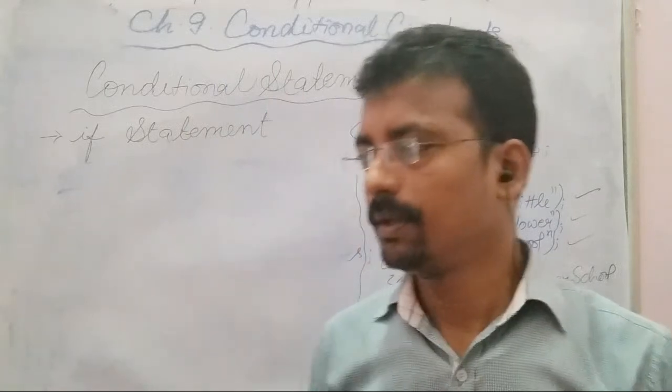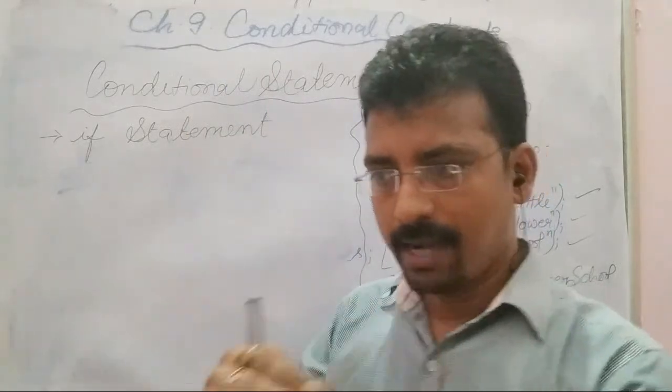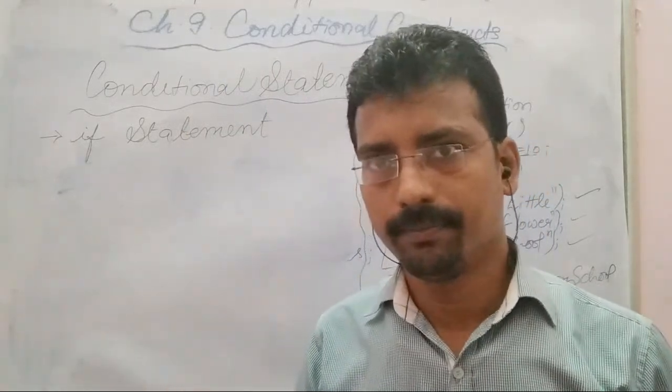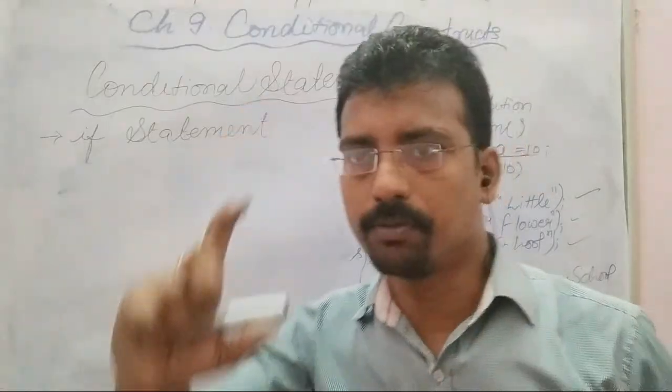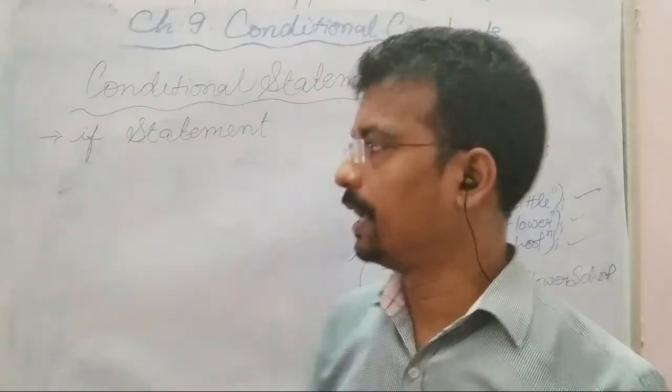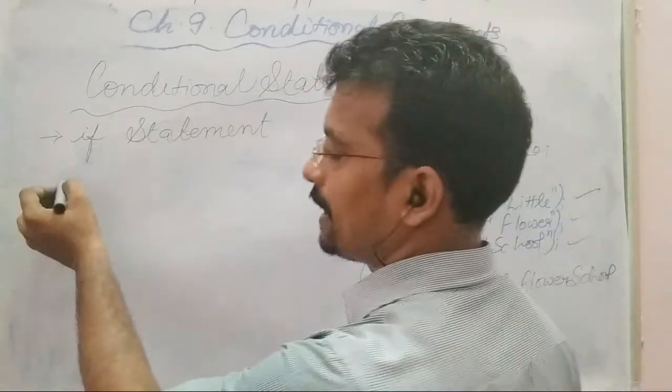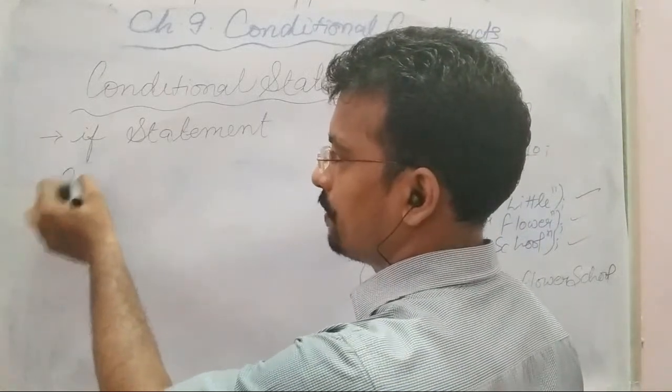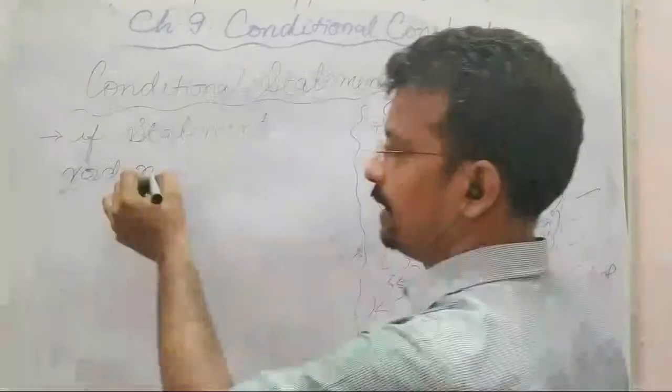Take two values, add them, and if the addition is equal to 100, print your description. So directly I am writing the coding part. Void main,